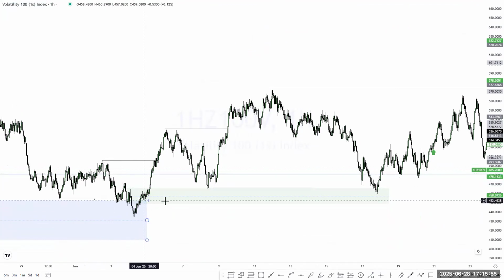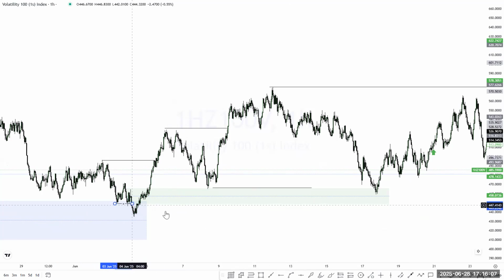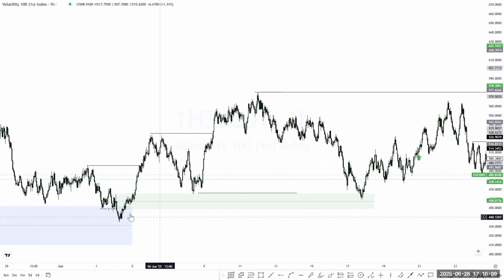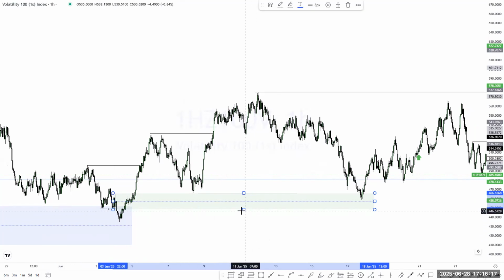We have the sweep, and I think this sweep makes more sense here. Like I said, you need to open your eyes to see like the eagle so that you'll be able to grab liquidity. So we have this particular guy here as our demand zone, all right, and we have confluence with